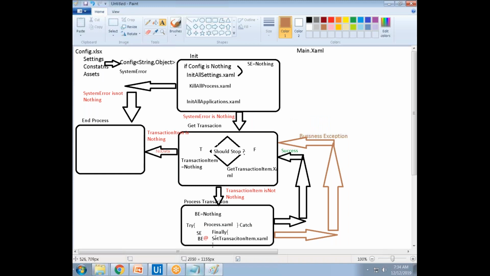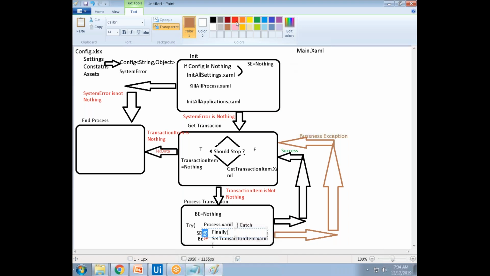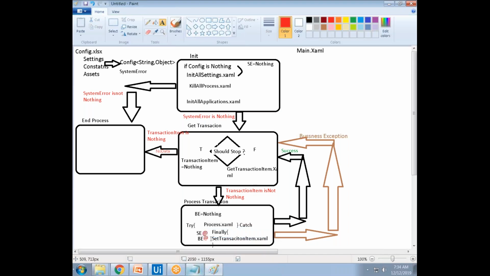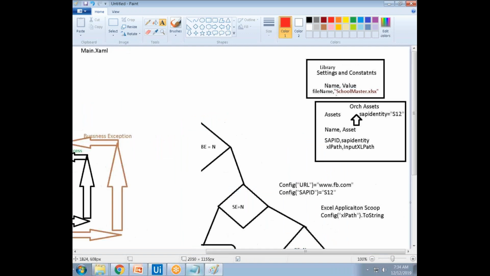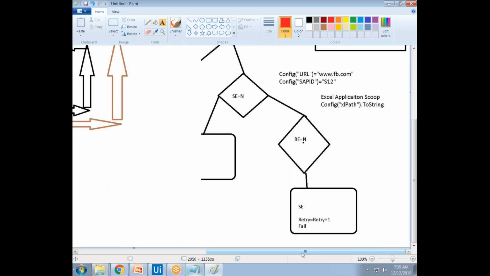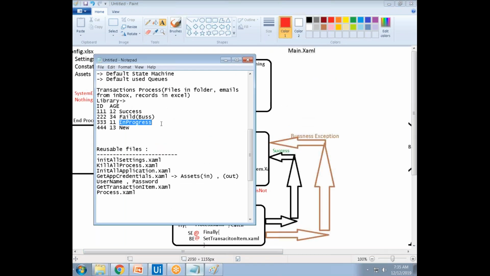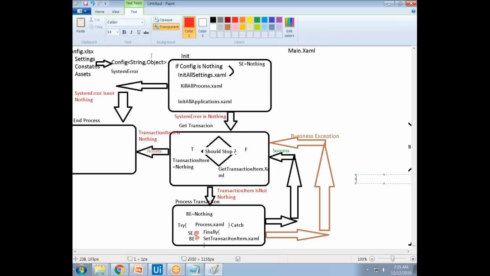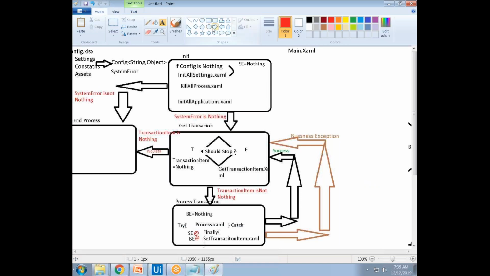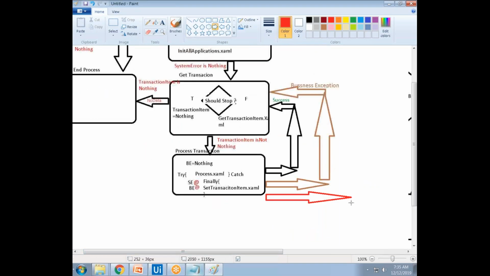So suddenly the browser is closed or Excel is not found. What will happen? The system exception occurred. In the system exception catch block, the SE will be filled, right? Once the SE is filled, it will go to the retry. If any retry is there, it will retry. It will set the transaction status equal to retry. So if the system exception occurred, what will it do? It will go to the